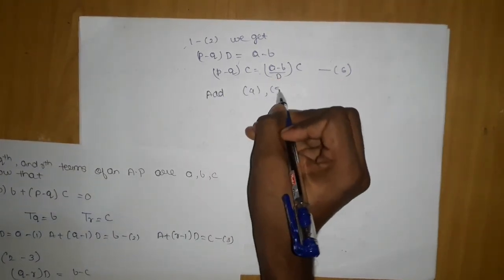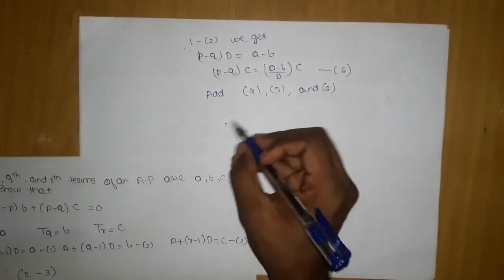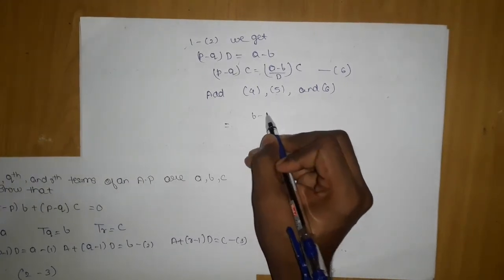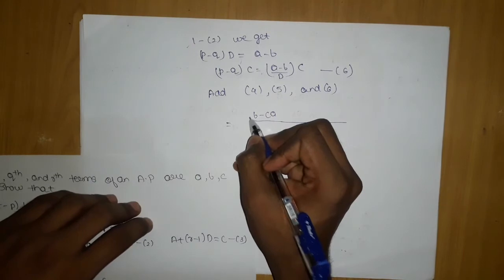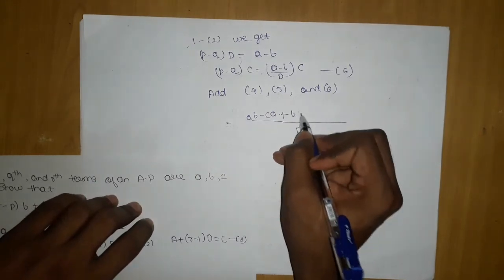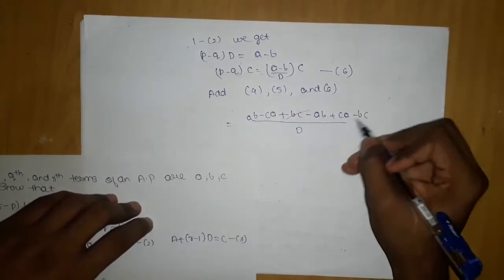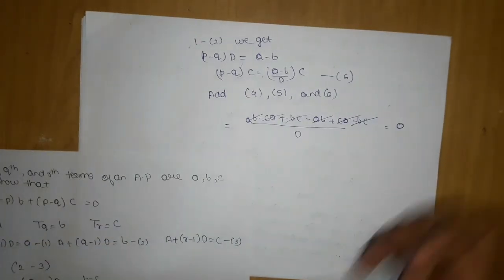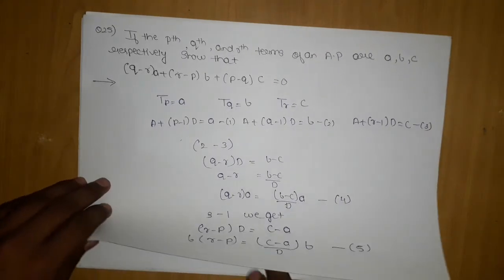So what we are going to do is add 4, 5 and 6. The moment we add, the left part is important because the right part is the same. So we are getting b minus c, the whole, all of them have d the same. Here a, here a, here bc minus ab plus ca minus bc: bc nullifies, ab nullifies, ca nullifies, which is nothing but 0. So we are getting 0 as the answer, hence we have proved question number 25. Okay, now let's move on to the next question.